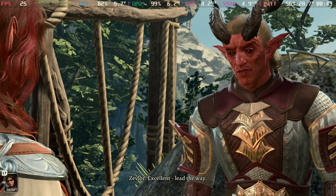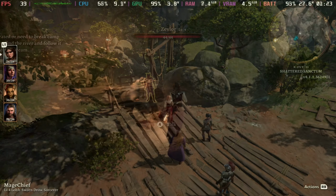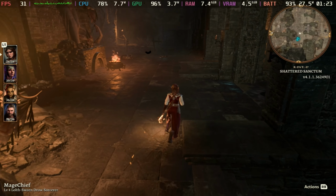This game does still need some updates, and it desperately needs FSR2 to really get a better performance jump out of the Steam Deck. However, what we've been looking at is getting you the best experience in 90% of the situations. Unfortunately, there are some situations where it still dips below where we would like. As you can see here, some of the cutscenes just randomly dip down into the 20 frames per second somewhat. But for the most part, we can get between 30 and 40 frames per second with the least amount